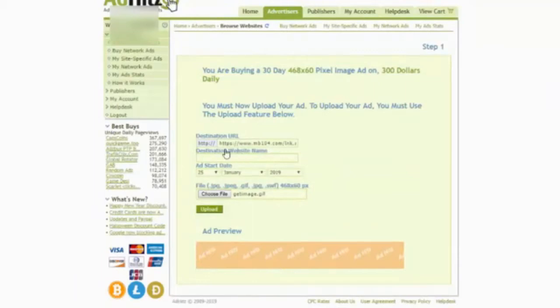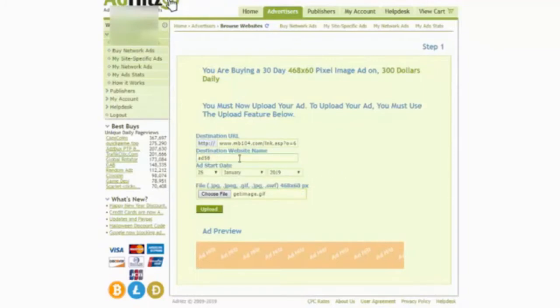Now this is very important. We already have the HTTP // so make sure to delete this from the URL like that, and let's type here ad. You can type anything here.